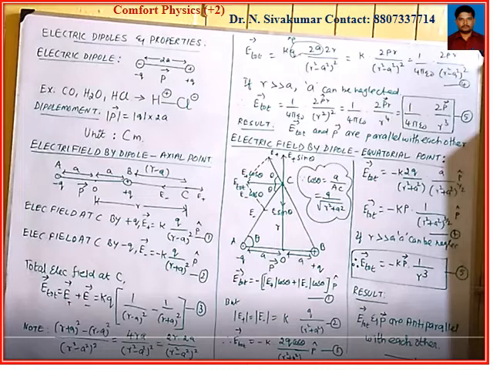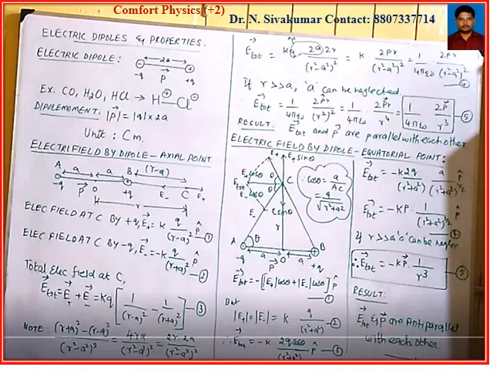From the triangle CAB, one can find out the cos theta value. Why now we are finding out this cos theta value? We need to substitute the cos theta value. That is why we are going to measure the cos theta value. Here cos theta is equal to adjacent by hypotenuse, that is a divided by AC. Here AC is, according to the Pythagoras theorem, root of r square plus a square. Therefore, cos theta is equal to a divided by root of r square plus a square.